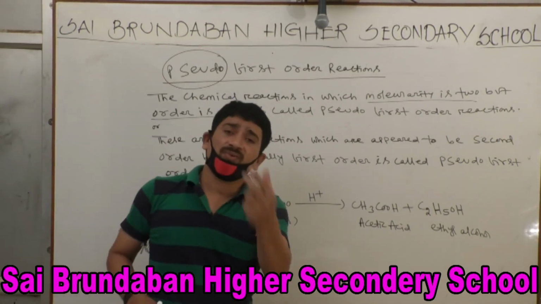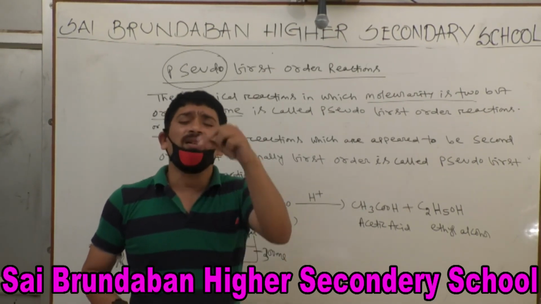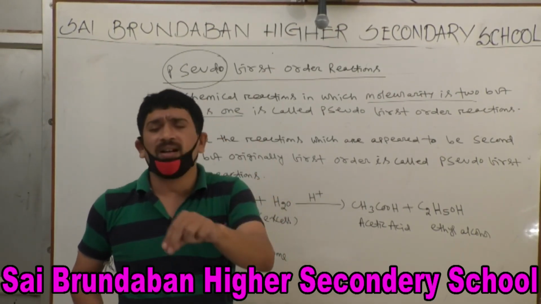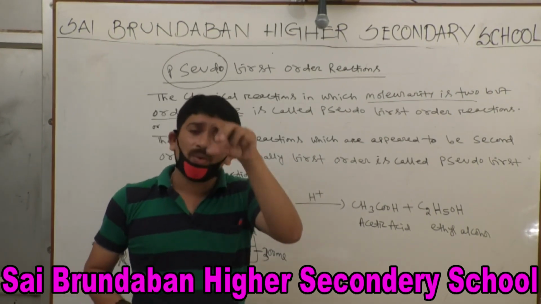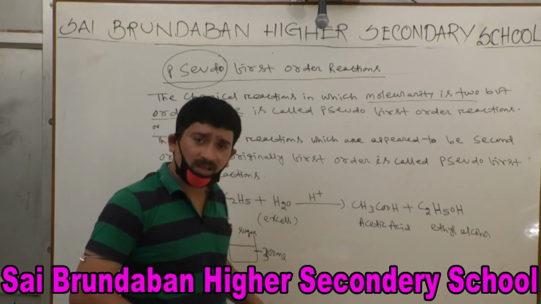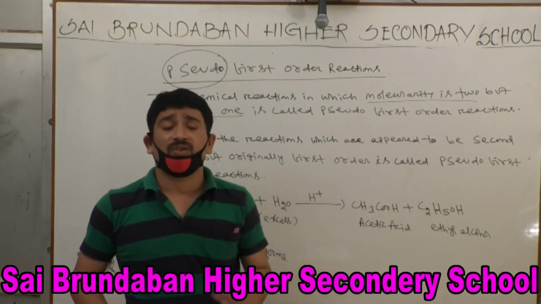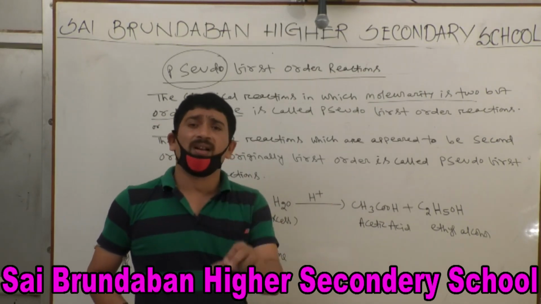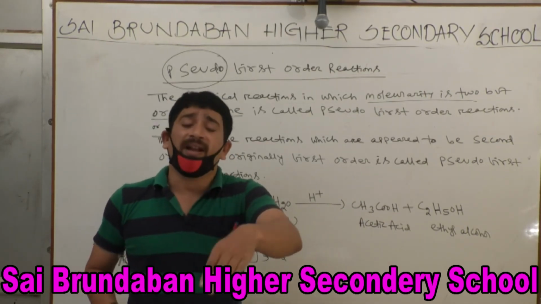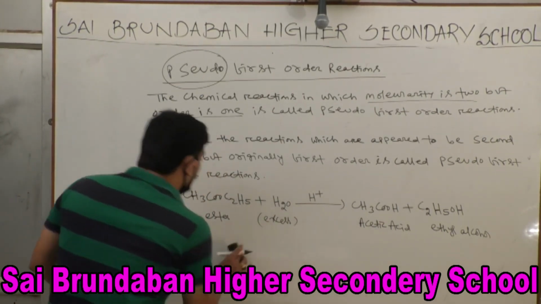The concentration of sugar changes but the concentration of water does not, because water is present in large excess. So practically the concentration of water is constant. Clear? So similarly here, ester is